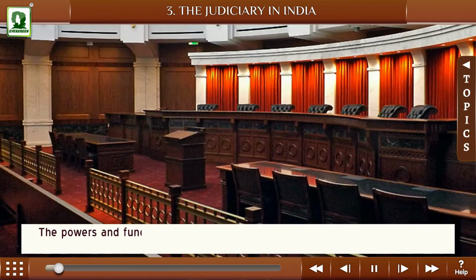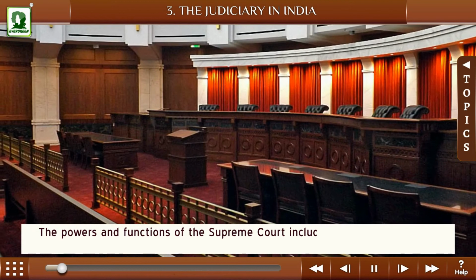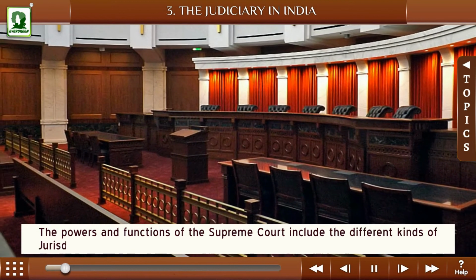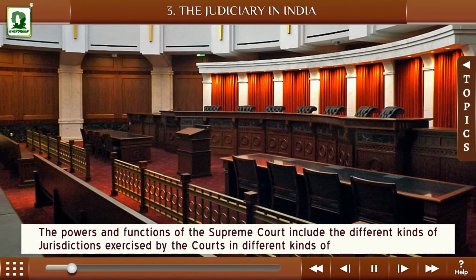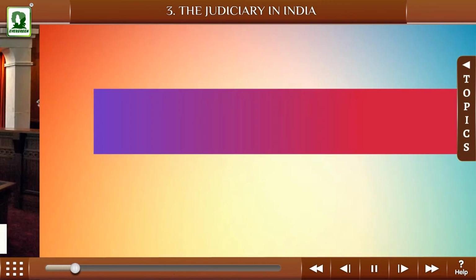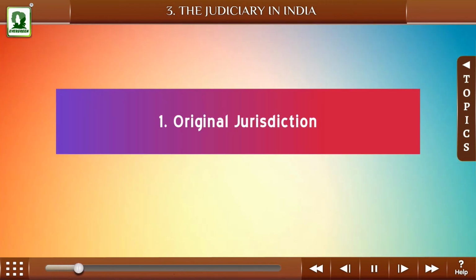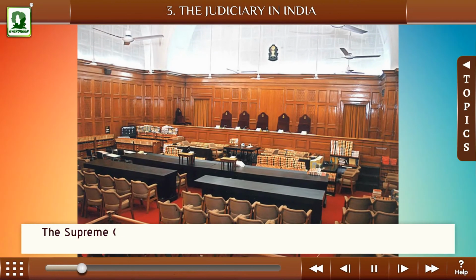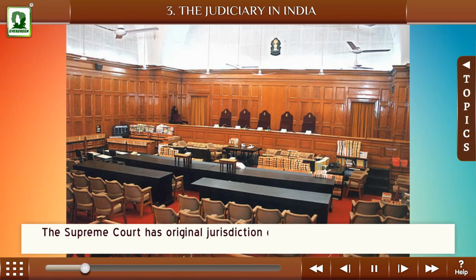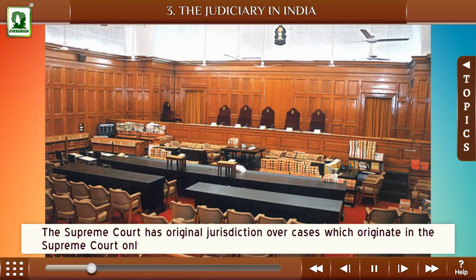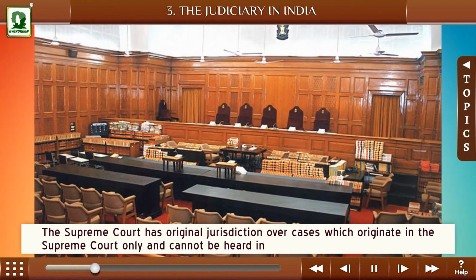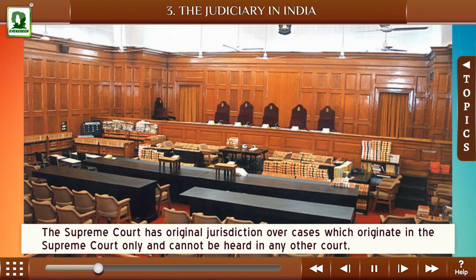Powers and functions. The powers and functions of the Supreme Court include the different kinds of jurisdictions exercised by the courts in different kinds of cases. Original jurisdiction. The Supreme Court has original jurisdiction over cases which originate in the Supreme Court only and cannot be heard in any other court, such as